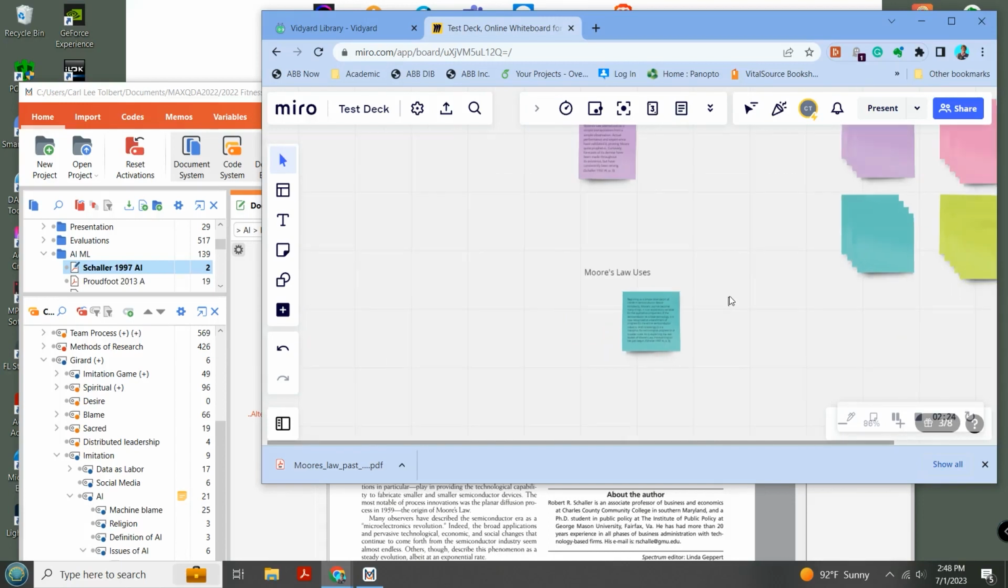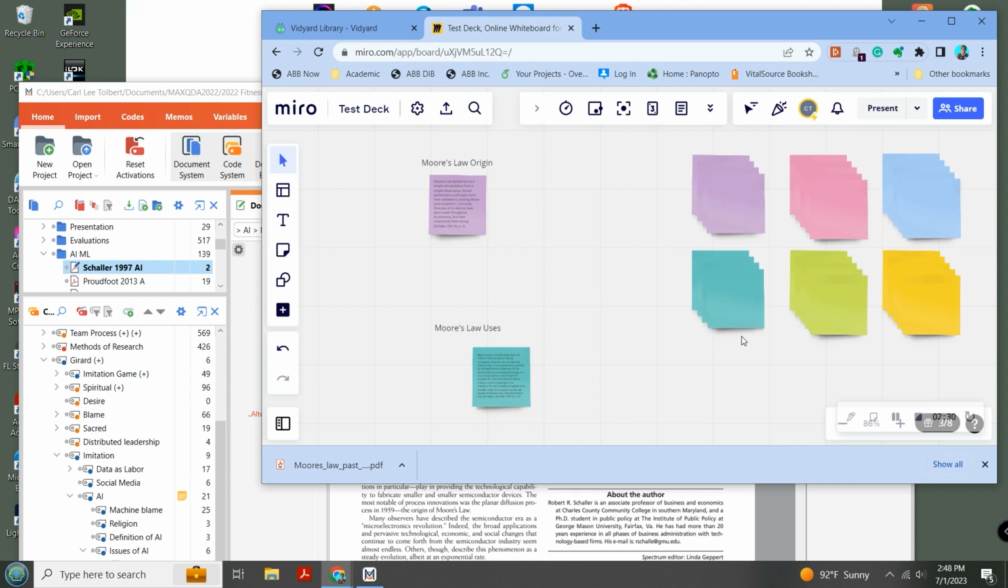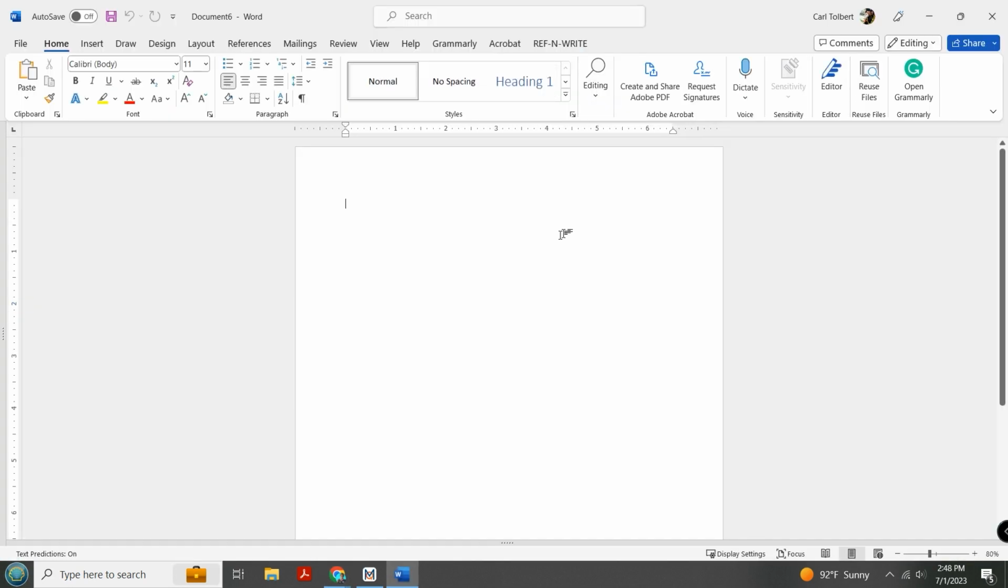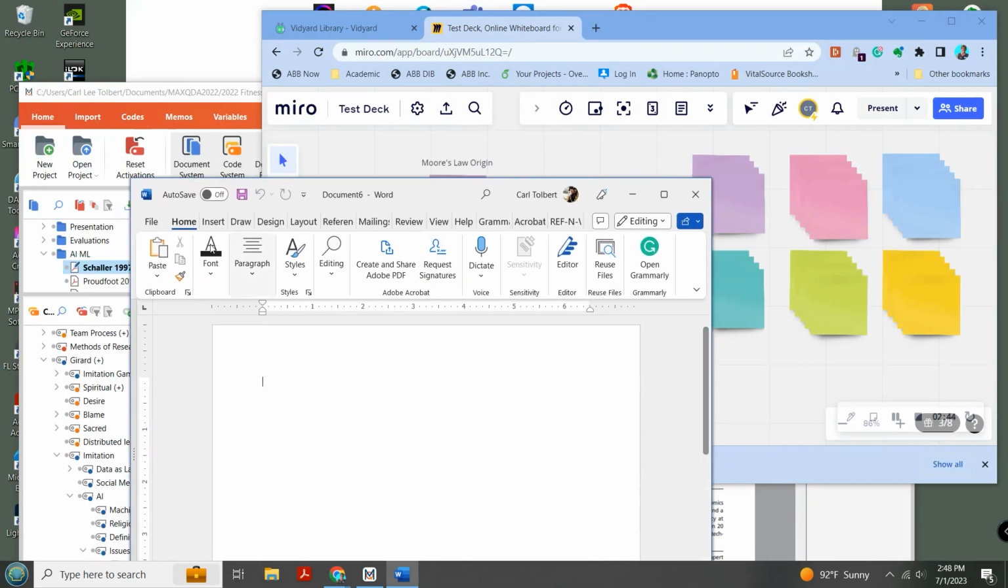So basically that's kind of how this works. You see both of them here, and you keep building this until you feel it's completed. It could be, say, 15 different ideas, and then you're able at that moment to start to write. So if I launch Word and use a blank page here, maybe my first bullet would be Moore's Law origin. Then my second one would be alternative uses, right? So this is basically my subheadings,